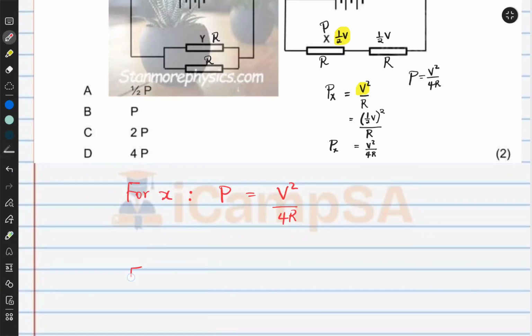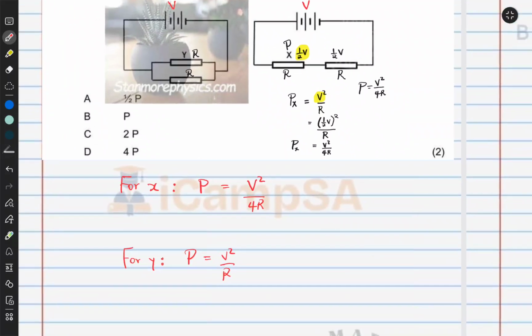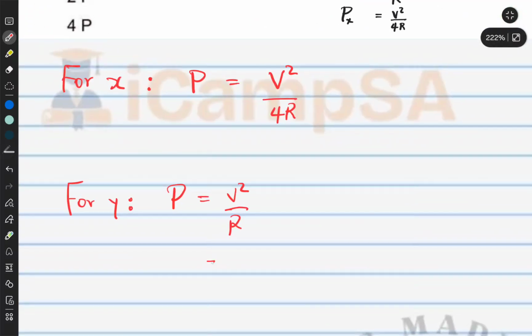Now for Y, let's calculate. We know that power is V squared over R. So since this is a parallel combination, V will stay the same. It means for Y, the power will simply be V squared over R,